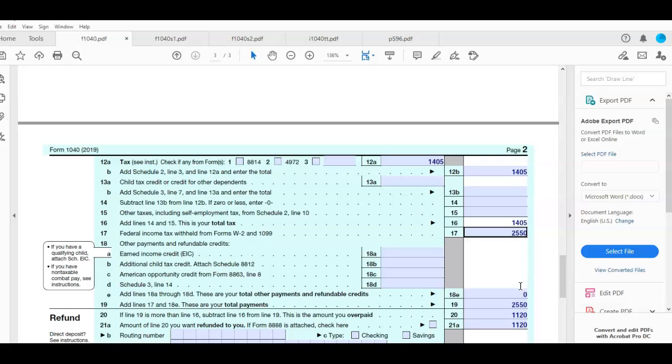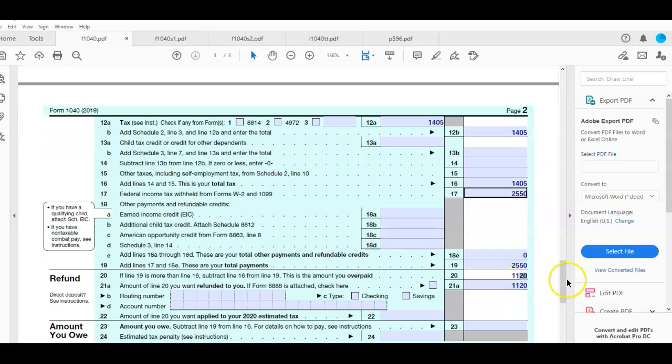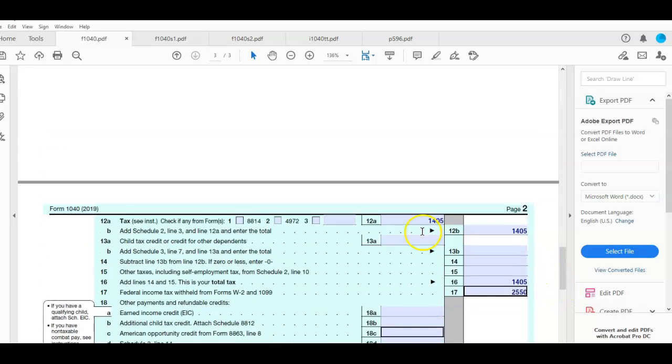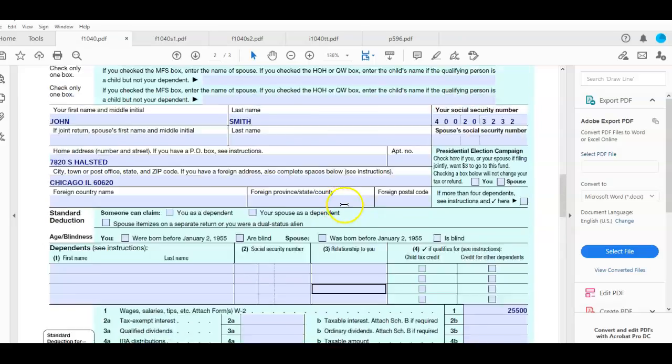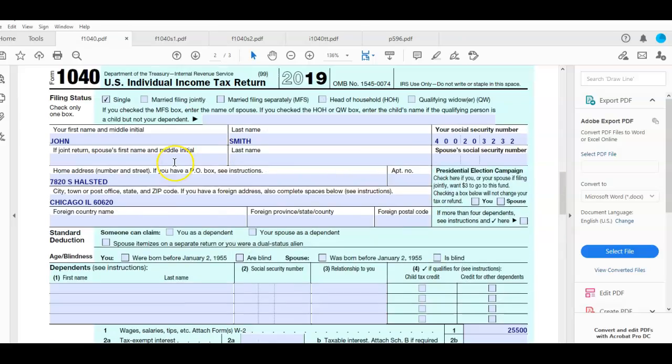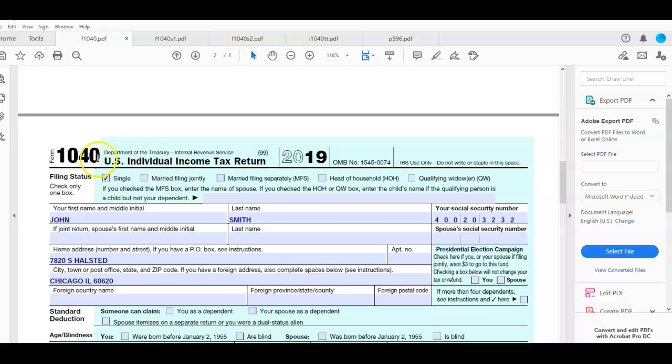So this is going to change his refund amount. So now we're looking at $2,550 minus 1405. So his refund is $1,145. So it went up a little bit. So this refund will be $1,145. So this is just a basic return using Adobe Acrobat Reader, where you import your forms over through here,